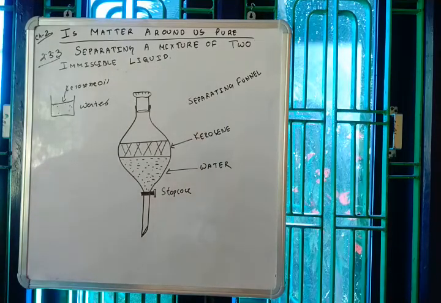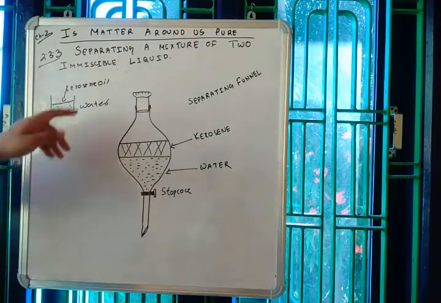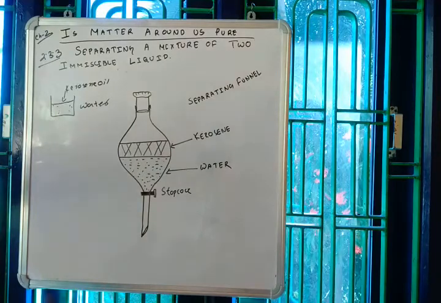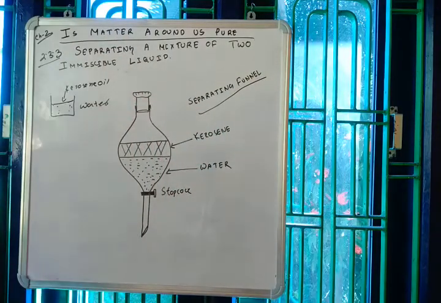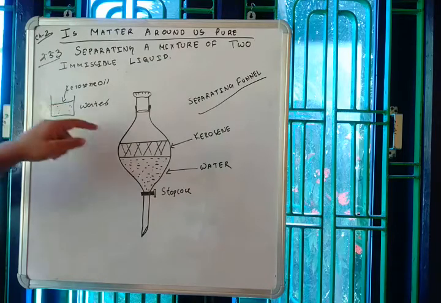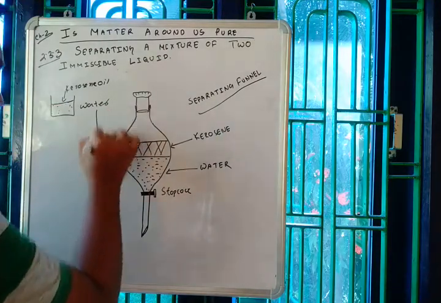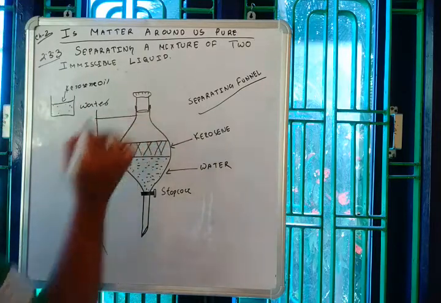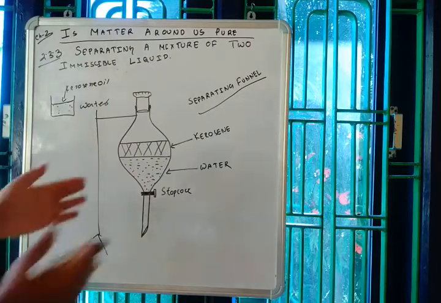And suppose you do not want to lose it. So what do you do? In order to separate kerosene oil from water, we will use this technique, which is separating using a separating funnel. First you will open the cap, transfer the mixture here and clamp it in a stand. Leave it for some time. Let it settle for some time.